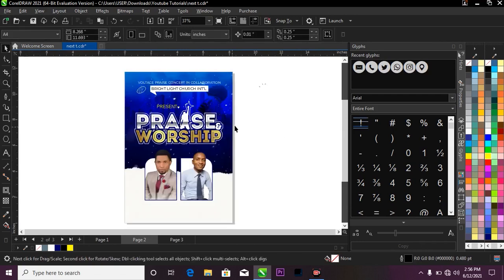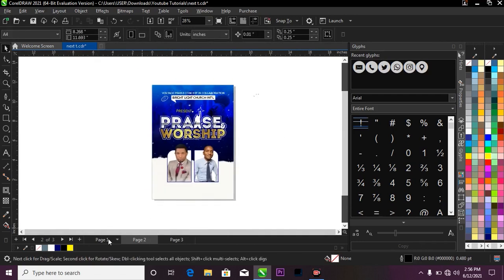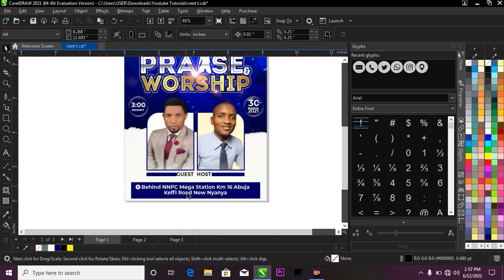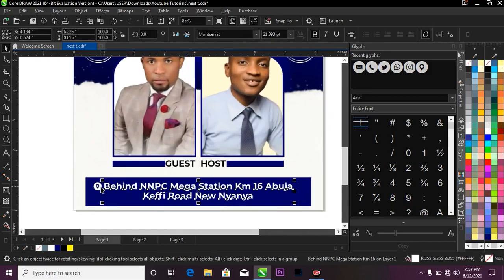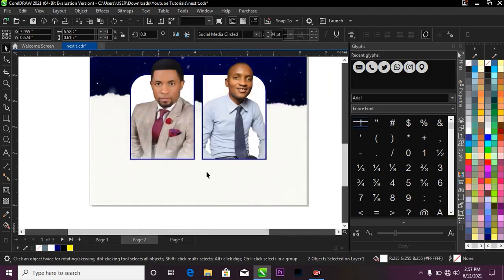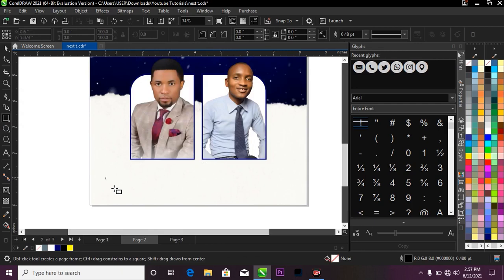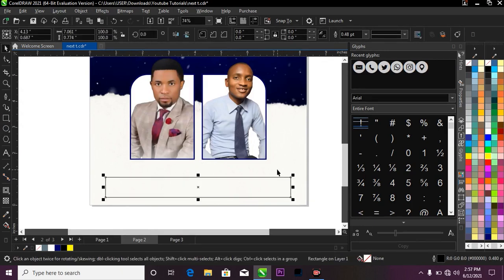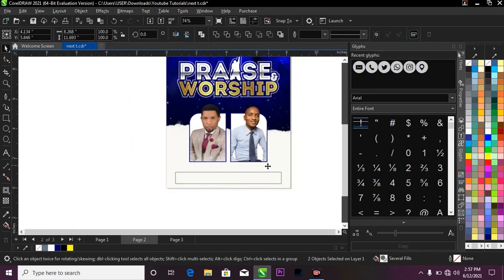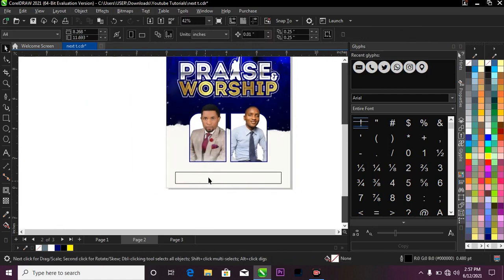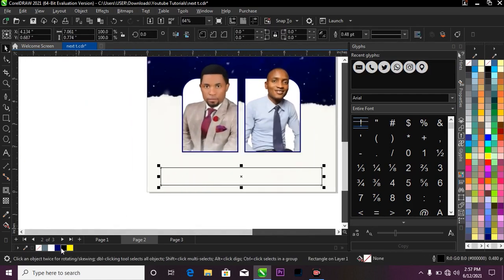So what next I'm going to do is to bring in this my address. I'm gonna do that by pressing Ctrl C on my keyboard like this. Come over to your project, draw a rectangle like this. Hold down shift on your keyboard while selecting the rectangle, then select your project like this, then press C to centralize it like that. And go ahead and give this a view,